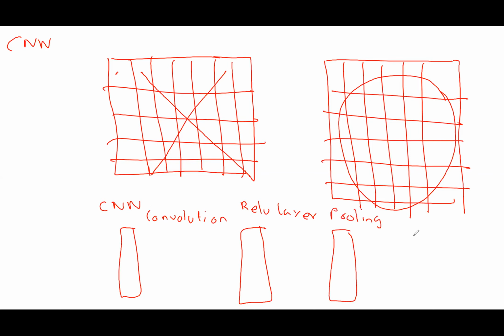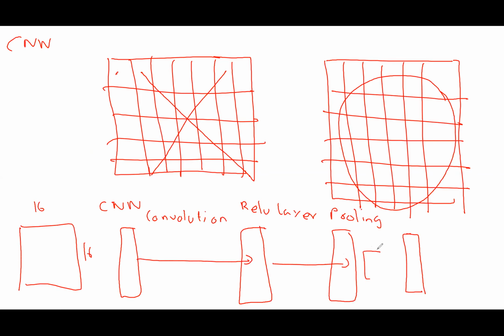And after this, they have the fully connected network. Because the output, let's say if we have a 16 by 16 image, after it passes through the first layer and second layer and third, it becomes a 4 by 4 image. I'll tell you how it becomes 4 by 4. So basically you're compressing this particular image using convolution, the ReLU activation layer, pooling, and it becomes a 4 by 4 image. So now since this is a smaller image, you can have a fully connected neural network here,